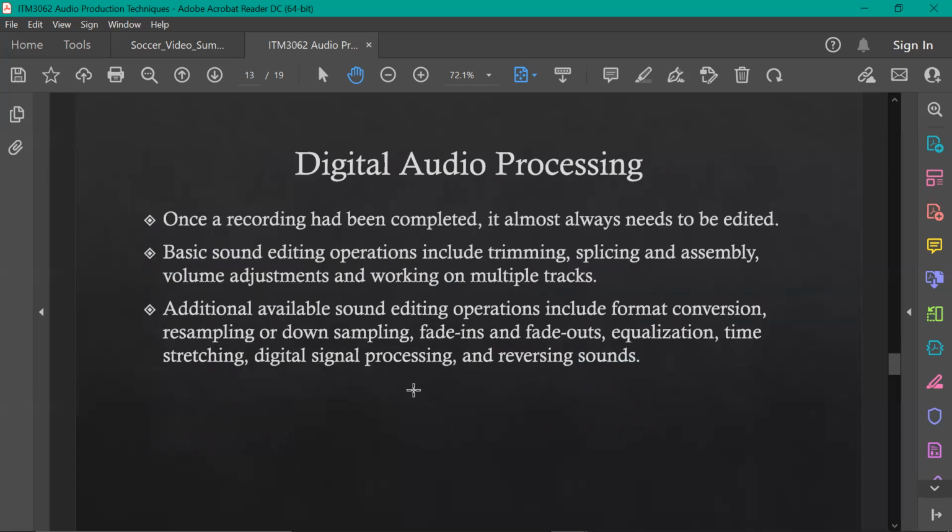So, digital audio processing, right? We record audio, and then we do many things on that audio. The software that we are using provides almost all the facilities to do various operations on audio, like very basic operations such as trimming,